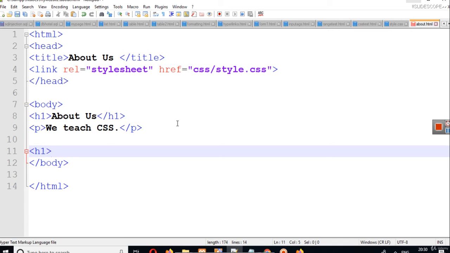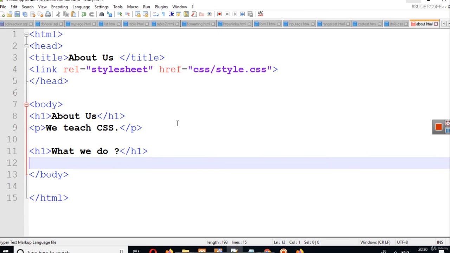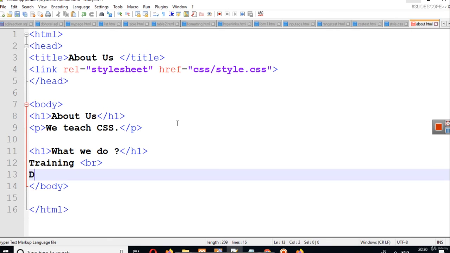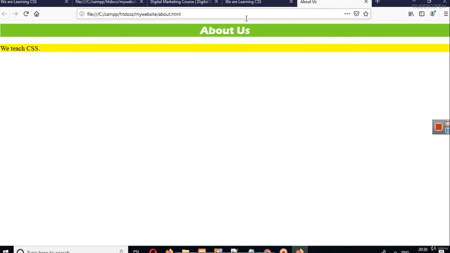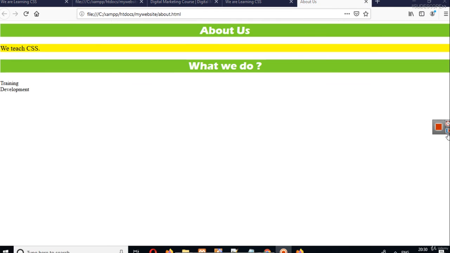Let's say there's another h1 tag, and we write something like "what we do", "training via development". Now when you reload your about page, you can see here that we have another heading, and that is also following the same properties.